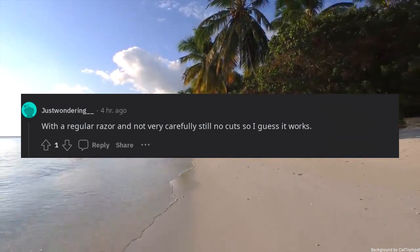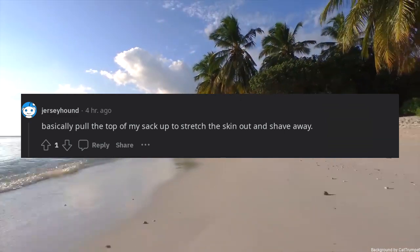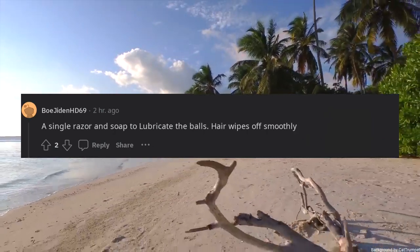Basically pull the top of my sack up to stretch the skin out and shave away. My wife bites it with her teeth. Sometimes they get stuck in her gap tooth. A single razor and soap to lubricate the balls. Hair wipes off smoothly,